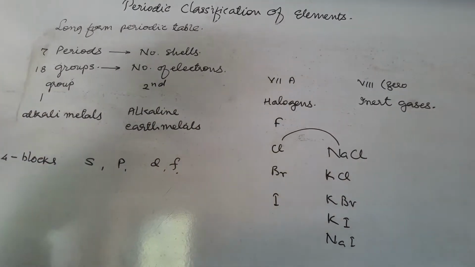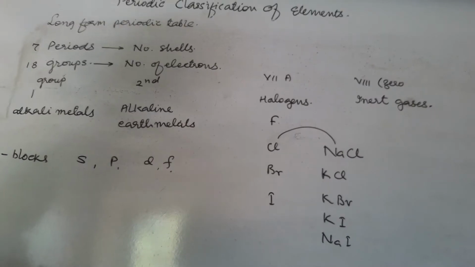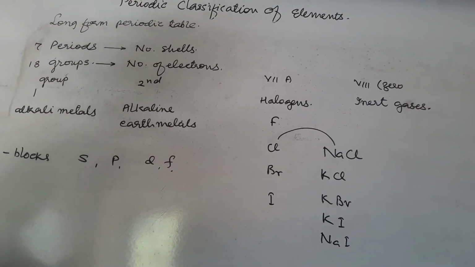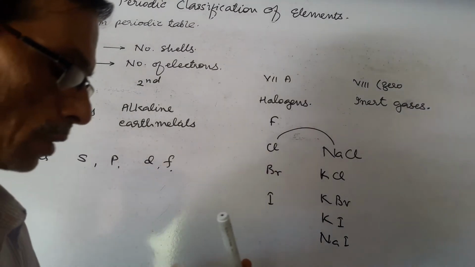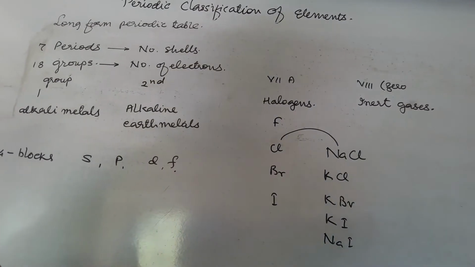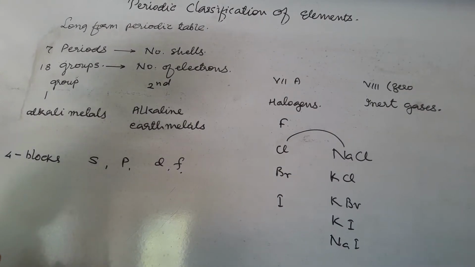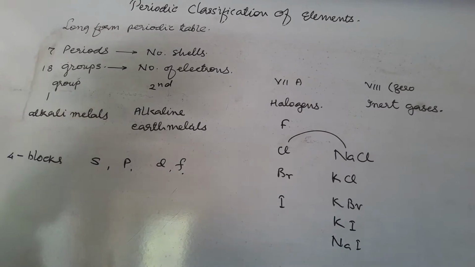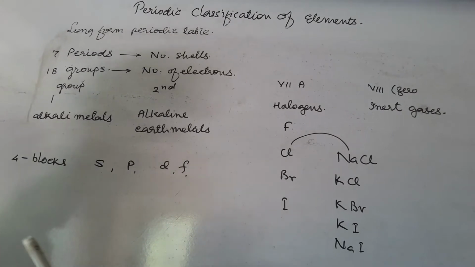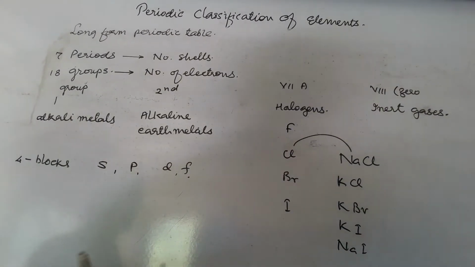And you find the last group, called inert gases. In the 18th group you find helium, neon, argon, krypton, xenon and radon. Don't take the 118th one; it doesn't have existence. So helium, neon, argon, krypton, xenon and radon are called the inert gases, or also called noble gases. Why? Because they do not form any compound, because they have no reactivity. They are inert. They do not form any compound with any other elements, and that's why they are called inert gases.